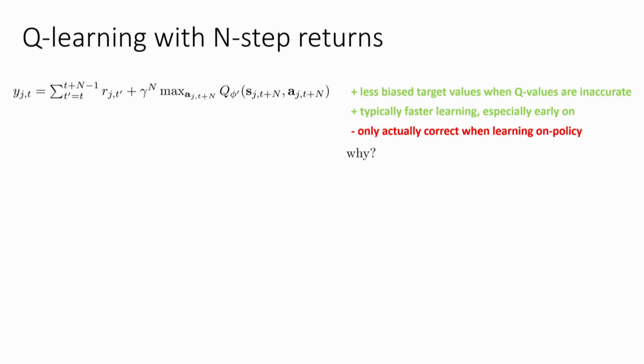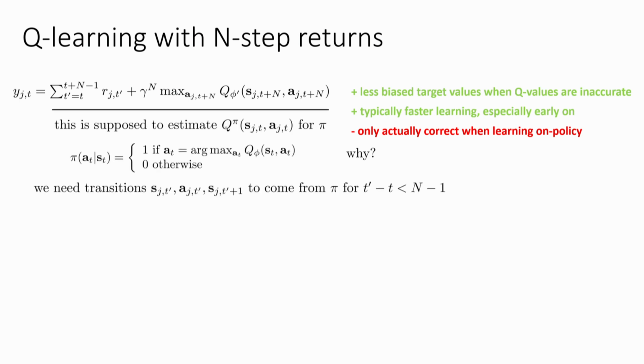Why is that the case? Well, for the reasons that we just discussed. Now, you might argue this is not so bad because if you assume that your policy is getting better and better, then you might surmise that any old policy is no better than your current one. So at worst, these values will be pessimistic rather than optimistic. So if n-step return speeds up learning, the pessimism slows it down, maybe it balances out. OK, so to really make this correct, you need transitions that actually come from your latest policy. Not an issue when n equals 1, because when n equals 1, it's just the first reward, and the Q function is conditional on the first state and action, so that doesn't matter. But for n greater than 1, it does matter.